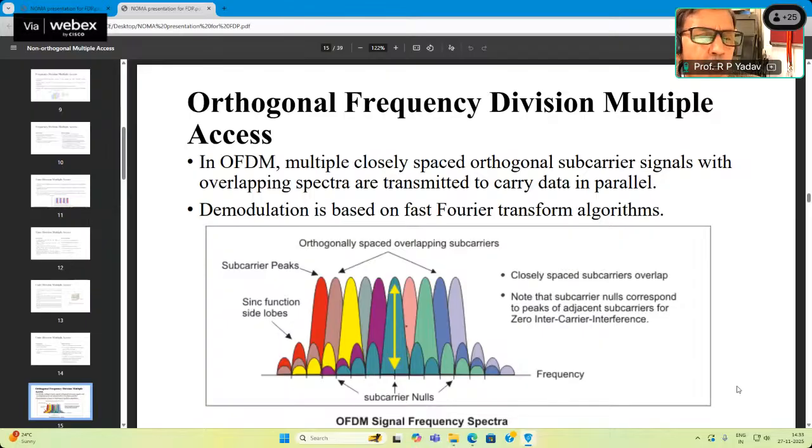That means each one of the carriers carries information, depending upon how you map your information onto these carriers, but they're orthogonally spaced overlapping subcarriers. Now the question is, if they are overlapping, whether it's advantageous or disadvantageous. It can be disadvantageous also. The advantage, of course, is that they are orthogonal, but the disadvantage can be